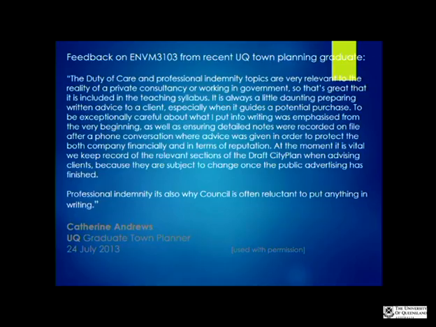So you can see what this email is showing us is that these things are going to continue to be very much front and centre of your lives as you go forward in your professional careers. And certainly I remember the first time I wrote a written advice to a client, and it is that absolute fear of, well, what if I got that wrong? But after a while you just realise to make sure you've dotted all the I's and crossed all the T's, and you just have to learn to be very methodical and systematic in how you go about reviewing work before you send it out.